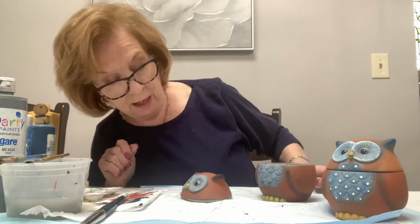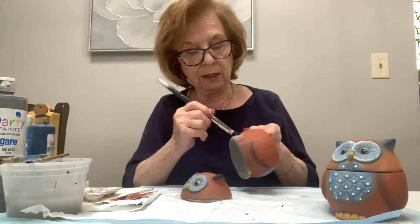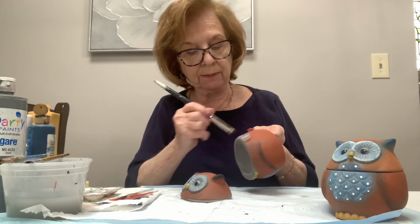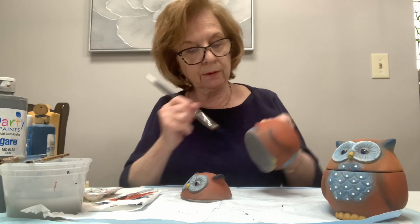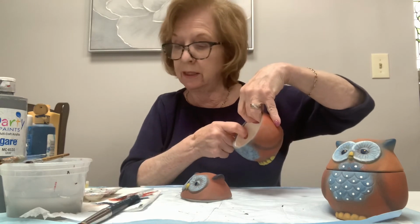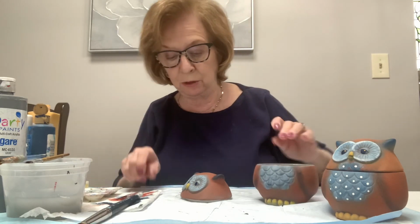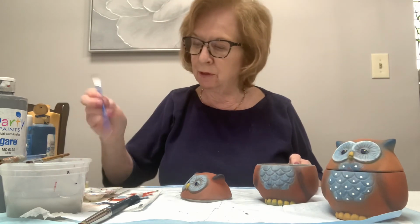All right. I think he's pretty much done. And I had done this in the light blue. I'll put a little bit of the deeper blue over it just to shade it a little bit. Okay, so I put a little darker blue over that. Now, like I said, you can do the inside in any of the colors that you have left. That's up to you. But now, as far as these dots go, you take the back end of your brush,